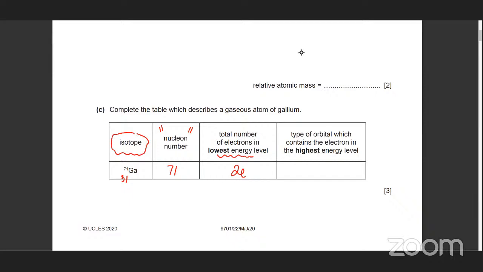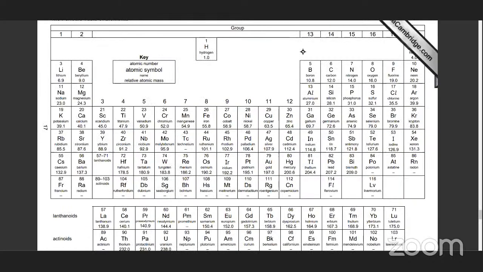Then you have type of orbital which contains the electron in the highest energy level. So without writing the electronic configuration, how would you know this? It's 1. Remember कि group 3 की जो electronic configuration होती है ना, that is end के अंदर S2 आता है फिर P1 आता है. ठीक है, remember this कि if you have a periodic table in front of you, group 1 would always be S1 right at the end. जो highest energy shell होगा outermost, this one would always be S2. इसका जो group 3 का outer shell होगा, that's going to be